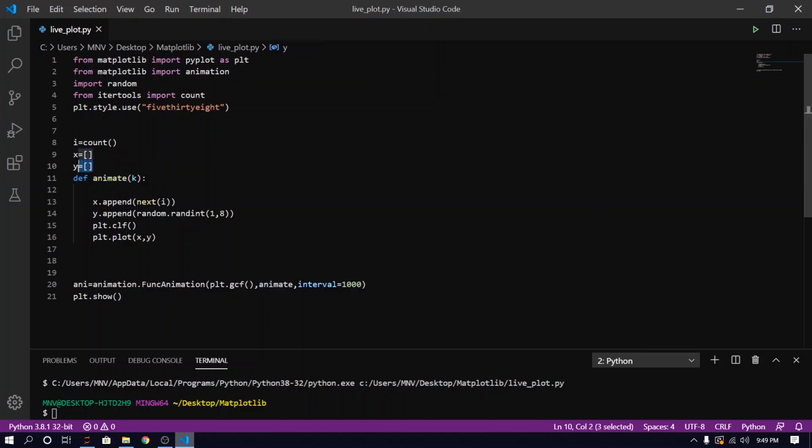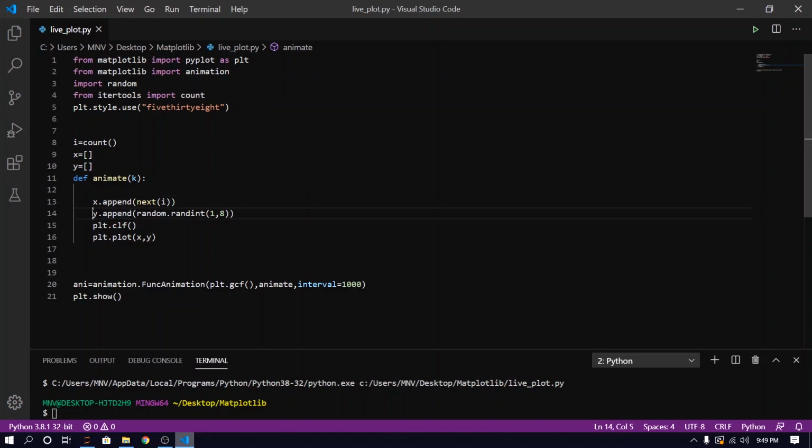This is our empty list. In that function I append the value of i. The first time the value of i will be 0, the second time 1, the third time 2, like this.